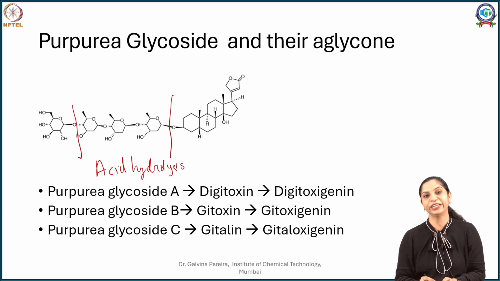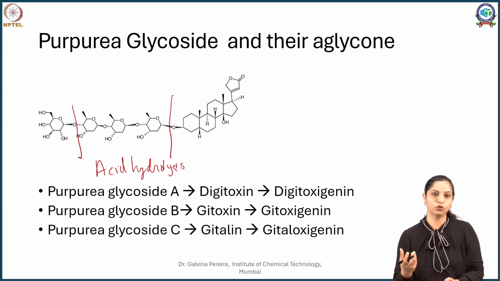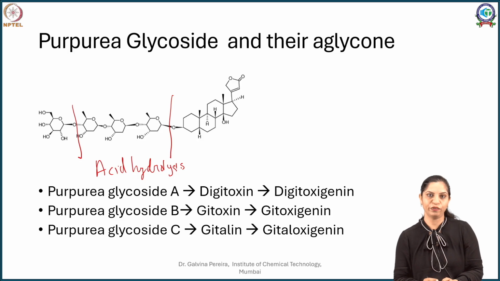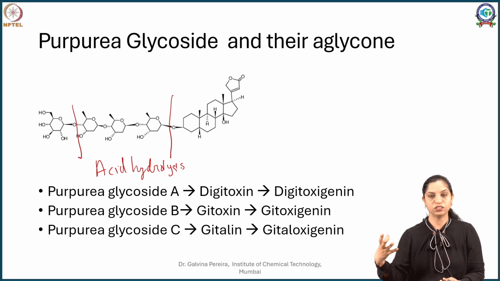Acid hydrolysis will give you aglycone, but the problem is if you get your aglycone, it is going to be inactive because it doesn't have the required ADME effects. Now this care has to be taken during the harvesting stage. These leaves are generally harvested when the plant is in bloom or at least 3/4 of the inflorescence is open. So at that time you collect the leaves having high cardenolide content.